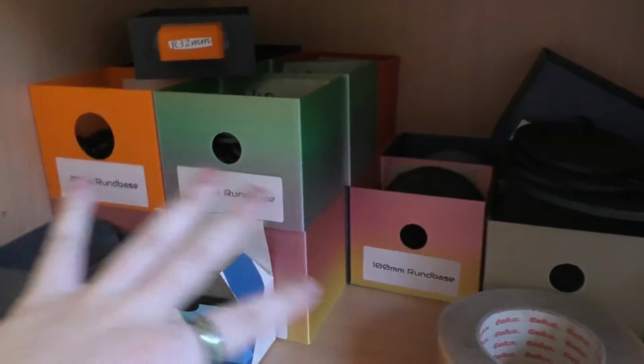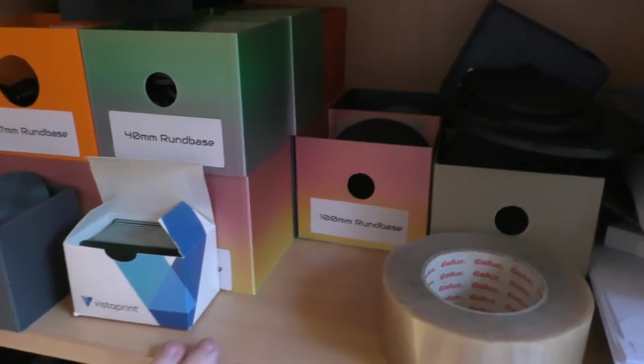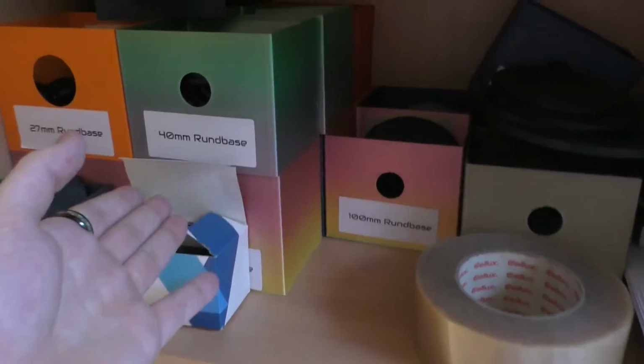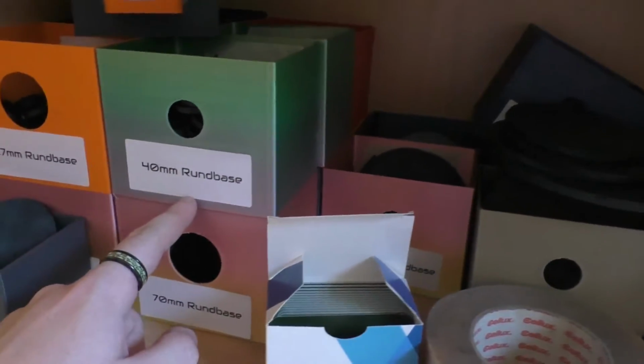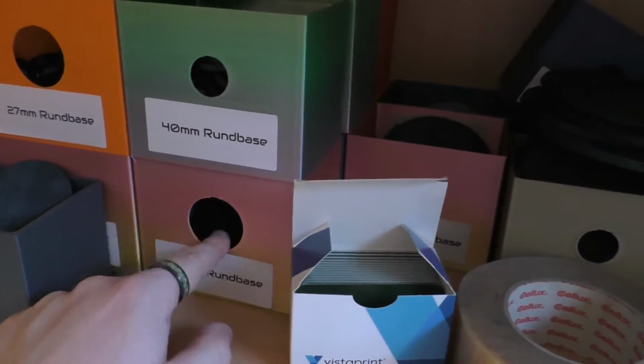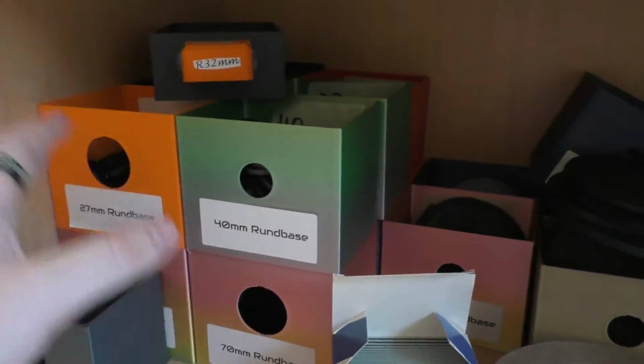Next thing is I'm redesigning my base storage system. Let me show you what's wrong and then tell you how I fixed it. Right here you can see all these small boxes that I designed and printed. They don't quite satisfy me, because if I want, like, here's 40 and here's 70, if I want a 70, I have to pull all the things out. They are not connected in any way. So I